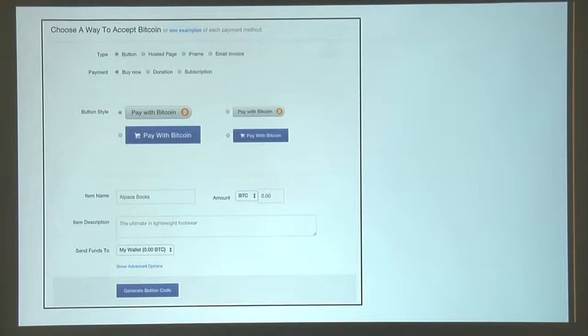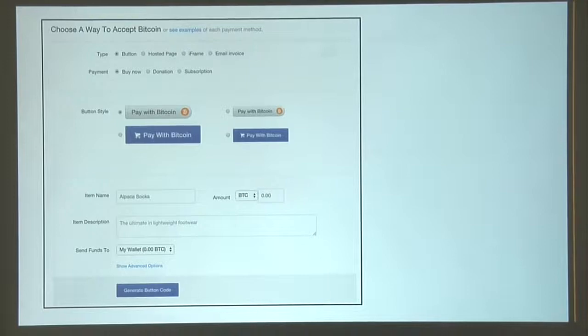The merchant would first go to the payment service's website, and they'd fill out a form that looks something like this. This particular form comes from a service called Coinbase. And so the merchant says, all right, I want to display a button on my web page. I want it to be a buy now button. I want the button to look like this. Here's the name of the item that is being bought. Here's the sale price amount, which can be in either Bitcoins or dollars or some other currency. And then here's where the funds should be sent